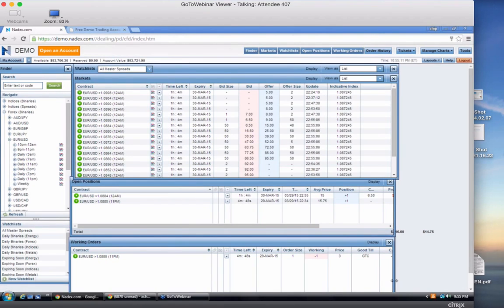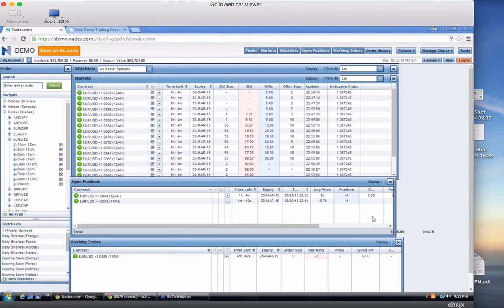And let's see here. Where did it go? Oh. What price? Oh, 15, that's right. 15, there it is. So that's the order. We got filled on the order, so we bought it. That means plus one contract. That's our average price. And so